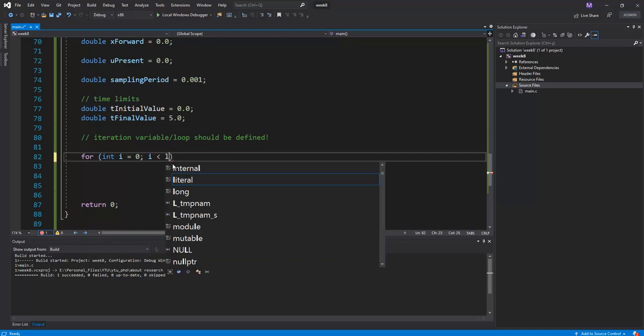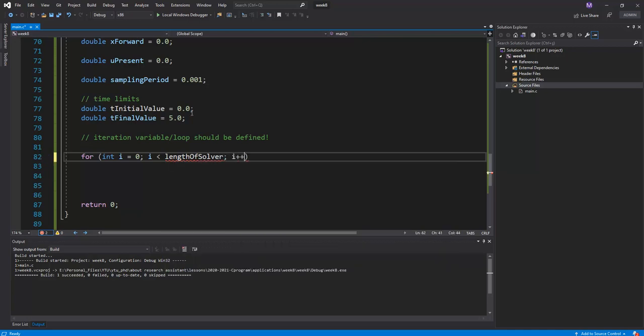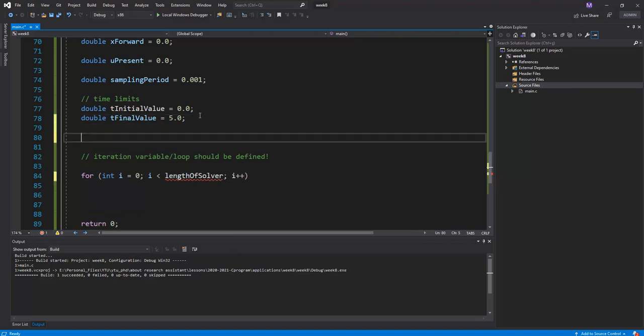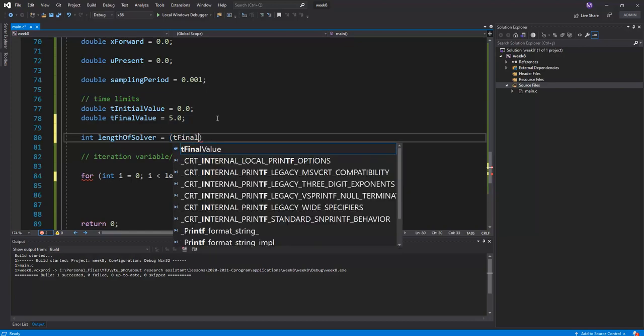And so we need to create the length of solver in here, i++. But how can we calculate these things? These things are calculated with the notation of what? Length, or an integer value, should be defined in here, because the for loop is also given to the integer value. And so length of solver should be equal to what? The total time period, t final value